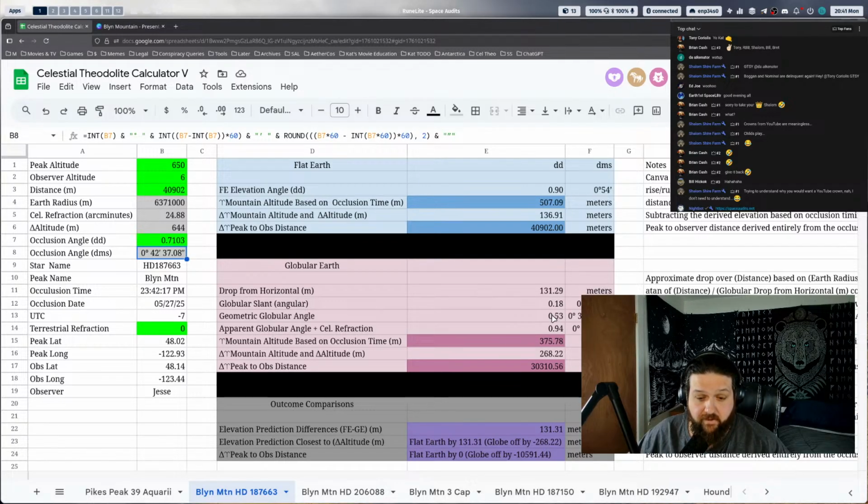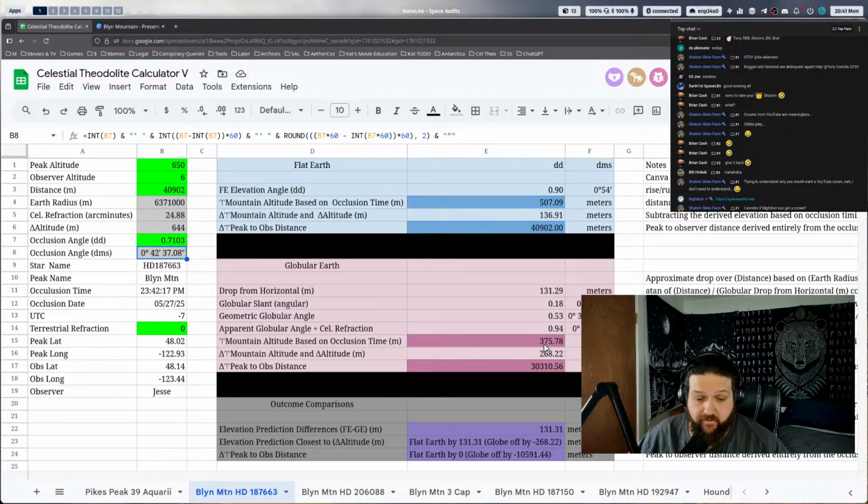When we backwards derive based off of the occlusion timing, none of it agrees with the globe. You guys are off in distance and elevation, which is why you specifically don't derive it based on the occlusion time. You try to throw in optical angles by moving the observer back to the house and then not mentioning it. When you're like, look, I did it. Like, what? Do I have to tap the sign again?